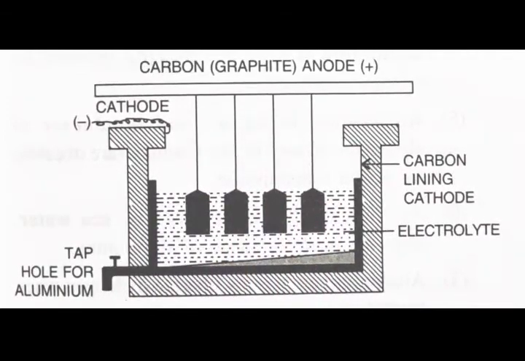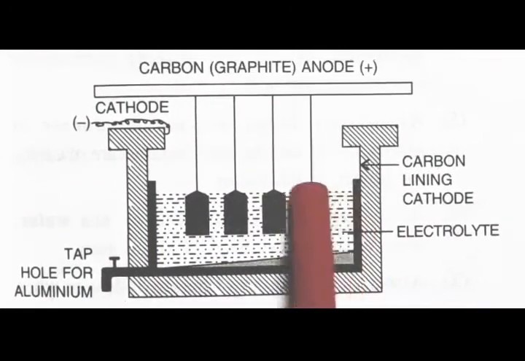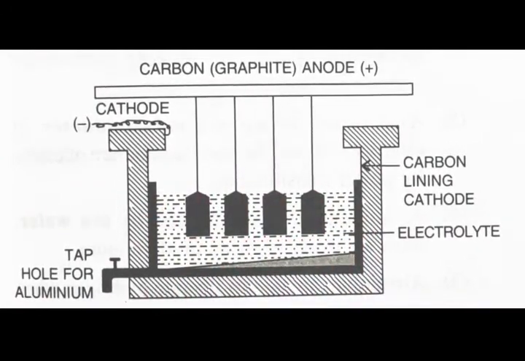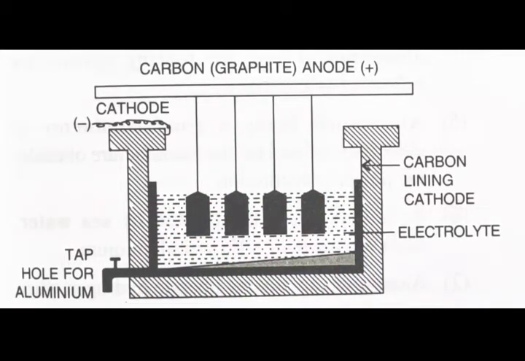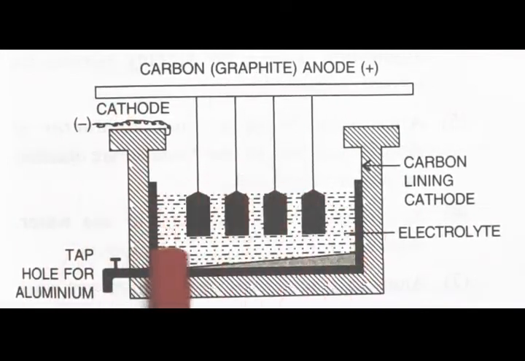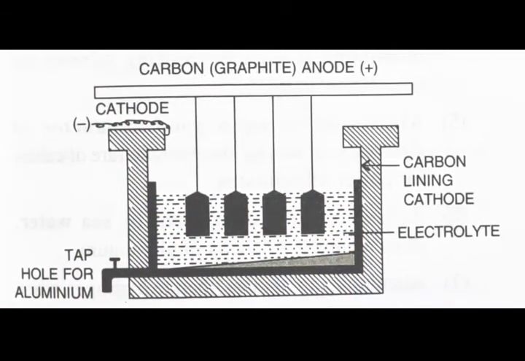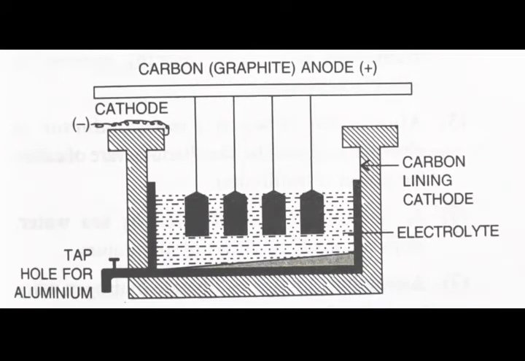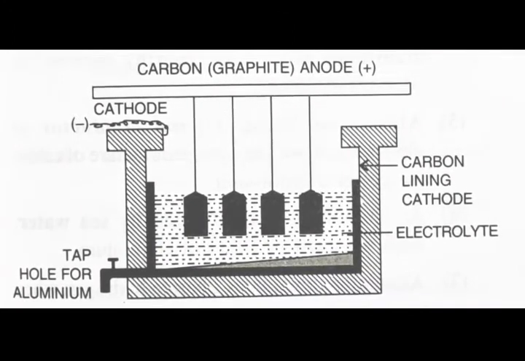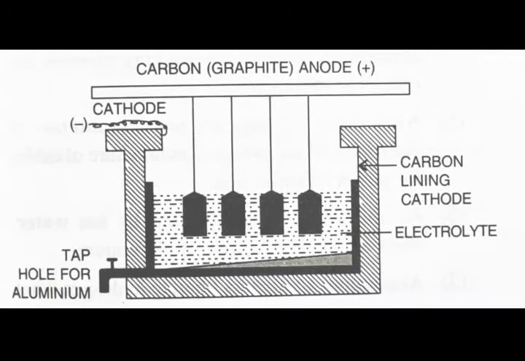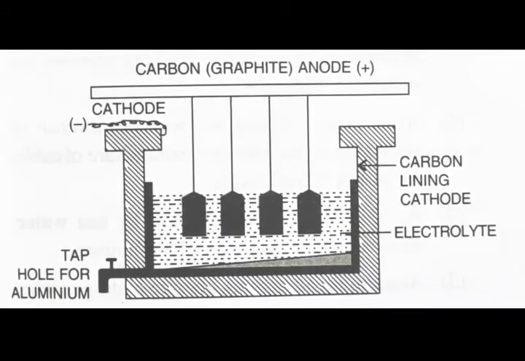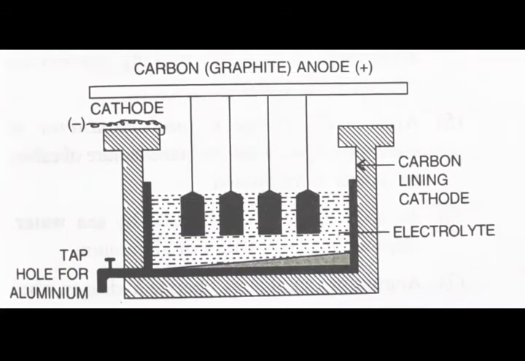Okay, and this acts as the anode. Here the electrolyte is a combination of 20% molten alumina, 20% fluorspar, and 60% cryolite. When electricity is passed through this electrolyte, the component ions get dissociated. For the molten alumina, cryolite, and fluorspar, the component ions get dissociated, and after some time the cations will go to the cathode and anions will move towards the anode, and in this way we get proper metallic aluminium deposited at the cathode.